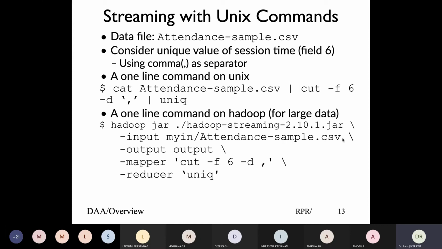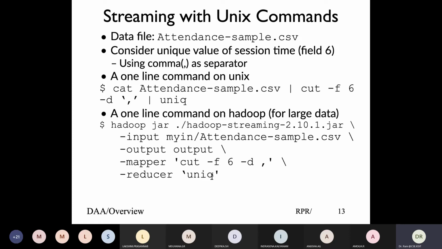And the streaming interface makes sure that this input data is given to the mapper program as stdin. And we are specifying the output directory where output should be created. And I'm saying, what is my mapper program? My mapper program is this, and this is my reducer program. And that's all I'm trying to do.